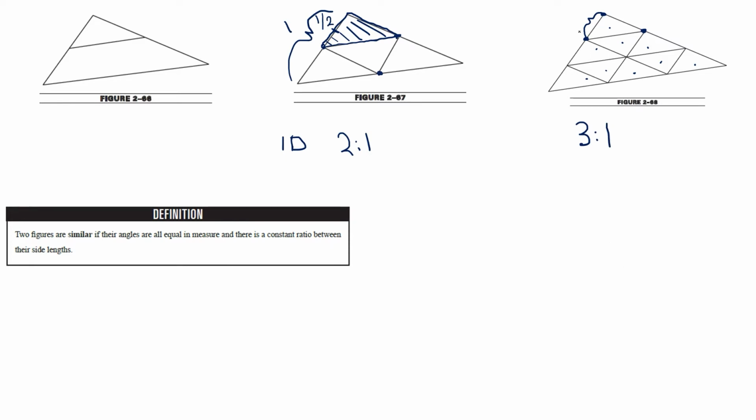However, what if you're asked, what is the proportion of this smaller triangle's area to the whole area of the whole thing? It's obviously not 3 to 1. But if we knew that 3 to 1, we can find it. So there are 1, 2, 3, 4, 5, 6, 7, 8, 9 triangles. So the proportion is 9 to 1. And we've gone up a dimension. We've gone from a 1-dimensional length, like a line, to a